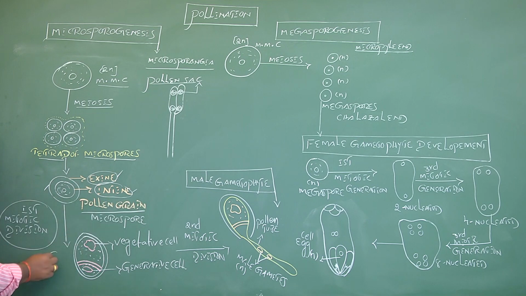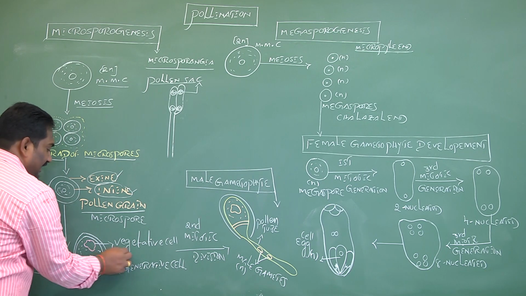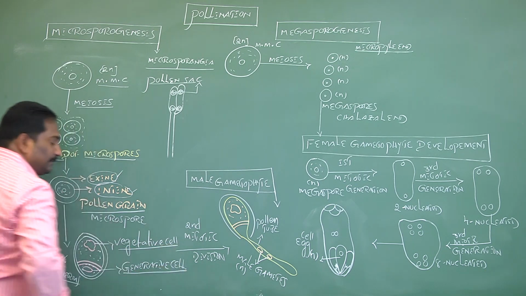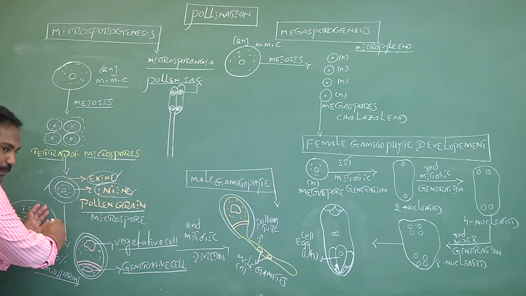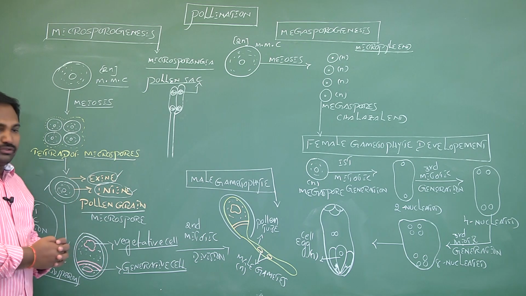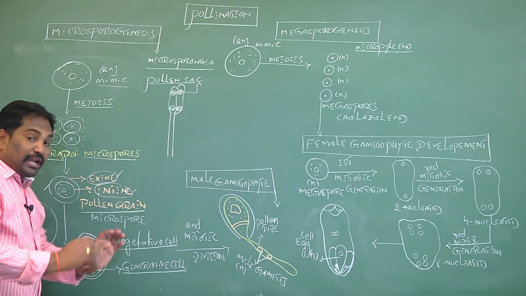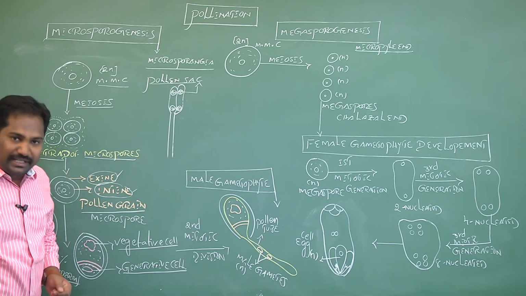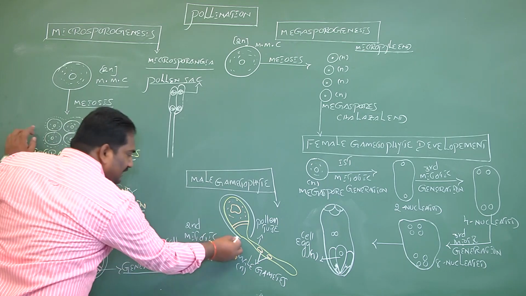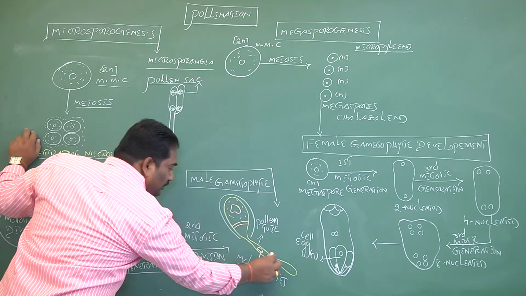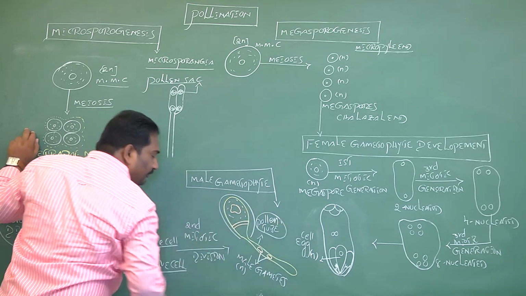In nearly 60% of flowering plants, the angiosperms, the pollen grains are released from the anthers at the two-cell stage: one is the vegetative cell, and the other is the generative cell. Now this two-celled pollen grain, whenever it is released from the anther, lands on the surface of the stigma. On the surface of the stigma, the pollen grain ruptures and germinates.